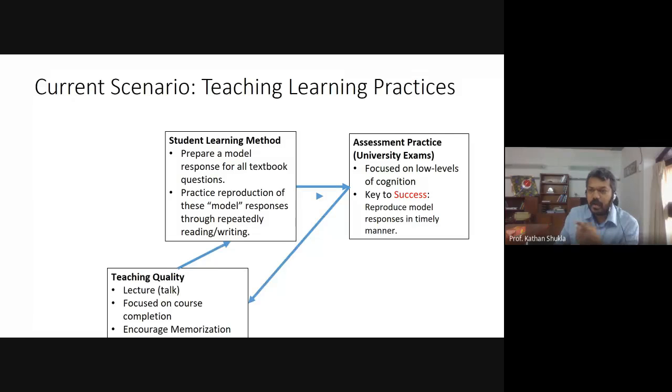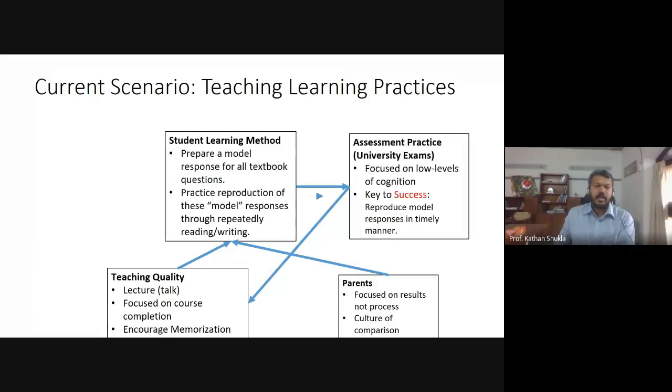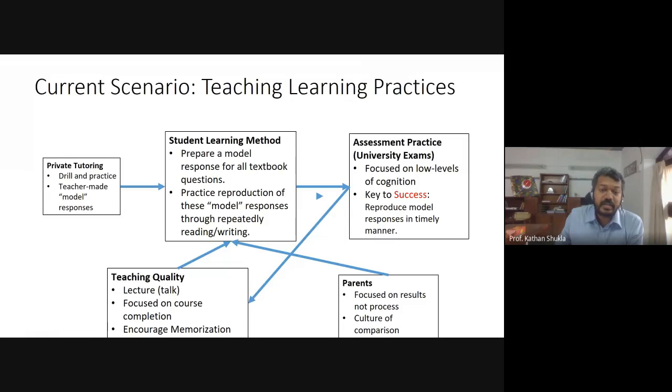So what, I think, a couple of you also mentioned here in the comments, and I think Gangbei sir also spoke about application-based learning, so that needs to be looked into and paid more attention to. And to be frank, because the current system is the way it is, parents also encourage this kind of memorization. And to be frank, even at the undergraduate and graduate level, a private tutoring industry, the coaching industry, is flourishing. We should go into the depth of what it is that they are doing.